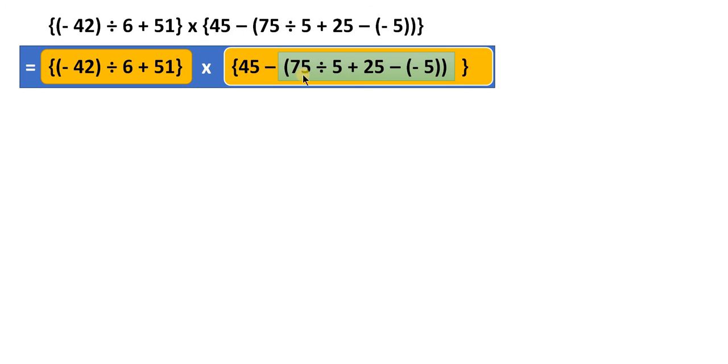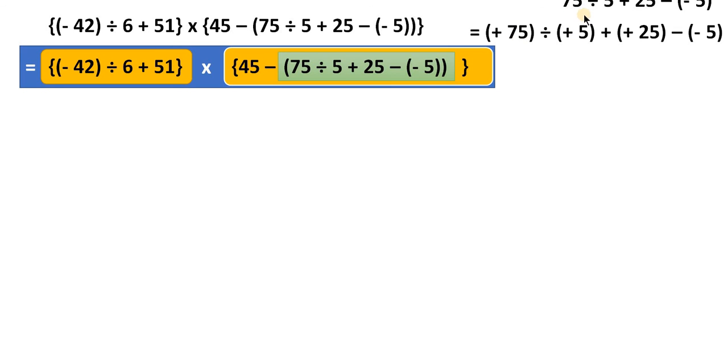So that is distinguished with a green background. Okay. So we will do the innermost one first. So we will have to do this one first. So we are taking it over here and doing it. 75 divided by 5 plus 25 minus of minus 5. So we will write them as integers. Means 75 means positive 75 divided by operator. 5 means positive 5. This plus operator. 25 means positive 25 minus operator negative 5 as it is. So we have written it as integer.